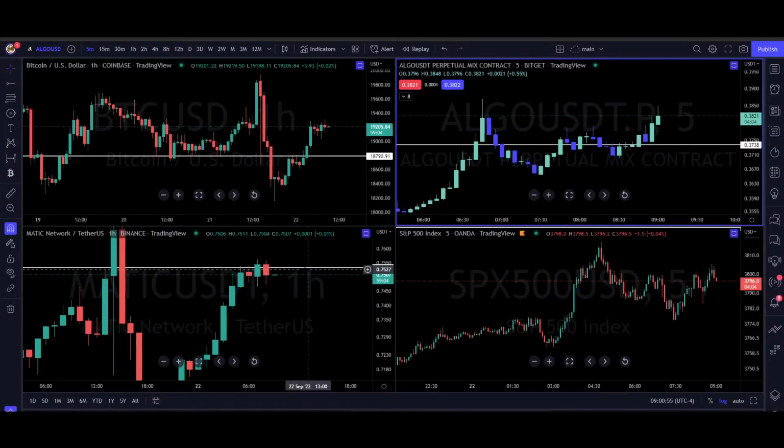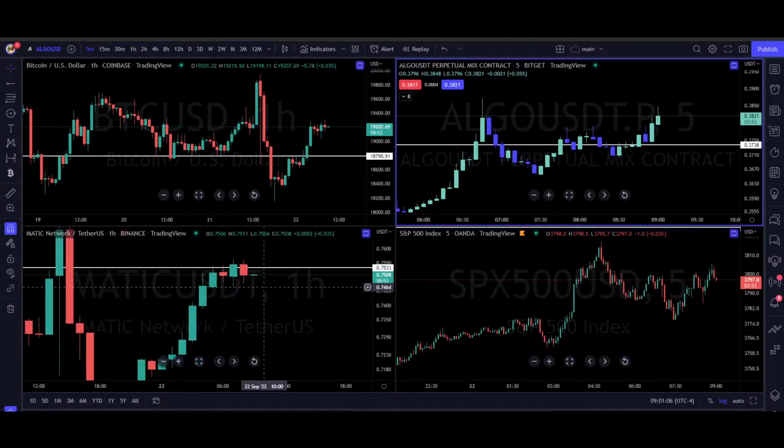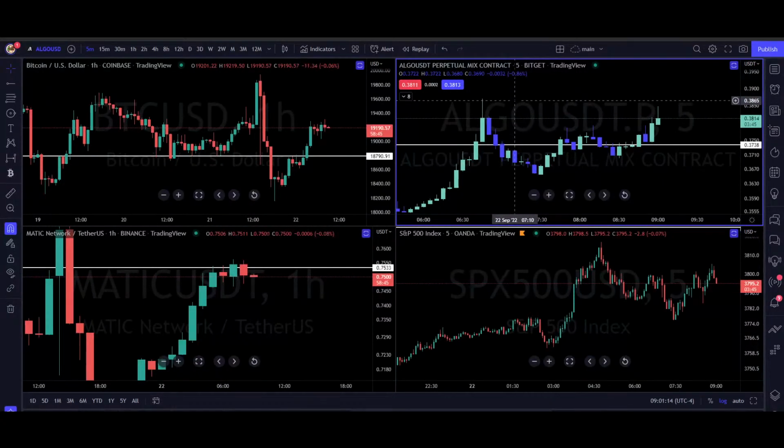Matic's the favorite because it's into weekly resistance. The volume point of control is up at the highs, so we do believe the sellers are here. I can't get the numbers. I think we did get the numbers, and the bid was beating. Didn't push up yet. We're getting there, though.